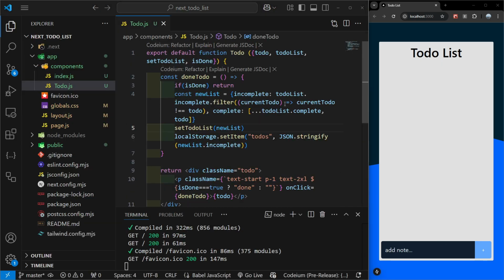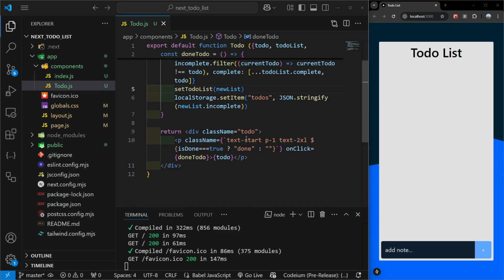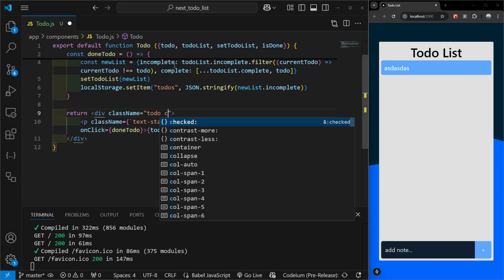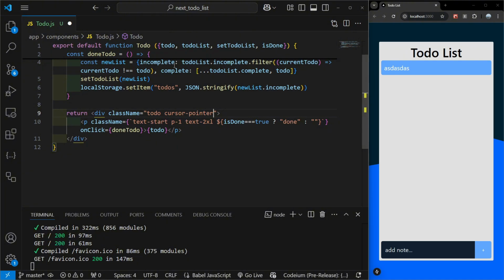So there it is. And before we actually add our database and that kind of stuff, one thing you want to fix is to go to the ToDo, and then here, I'm going to close that. We're going to change or add something to the class. So the first thing that we're going to do is, hold on, let's just create a ToDo. So the first thing that we're going to add is a cursor pointer, and we're going to cut this out,